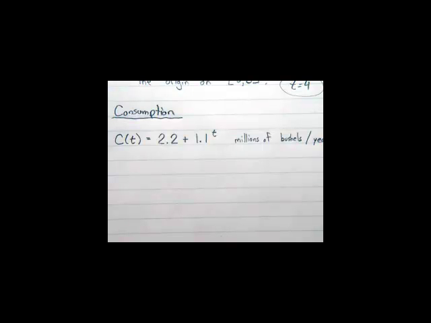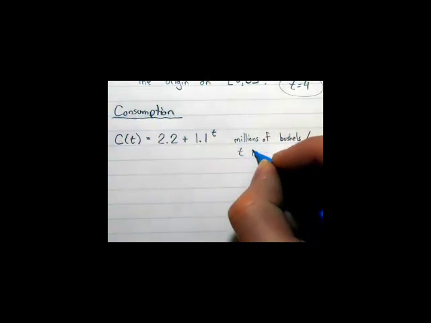It's kind of like a derivative then, right? Think of this as kind of like a differential equation in that way. But it doesn't have the little prime or any of that kind of stuff on it, but you just have to kind of think of it that way. So that's millions of bushels per year. T is, what is it? It's in years, I believe. Yeah, T is years